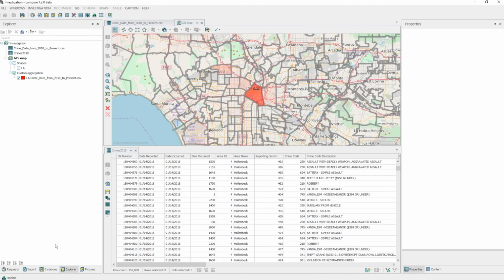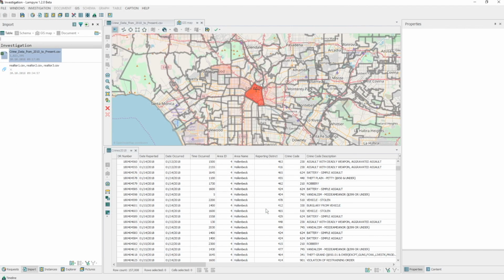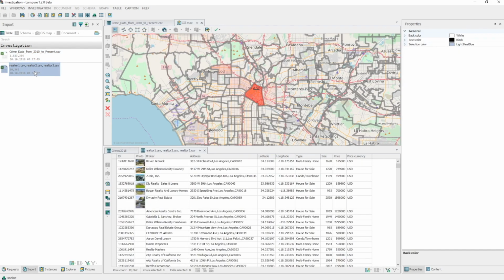We open the Import window and upload 3 new files of the same structure and kind into our investigation. We select all files at once and choose to unite them. Also, we tell the system to upload only unique rows of our tables, deleting the repeated ones. We wait until the files are processed by the system. We click our uploaded data result in the Import window and open this data in a table.